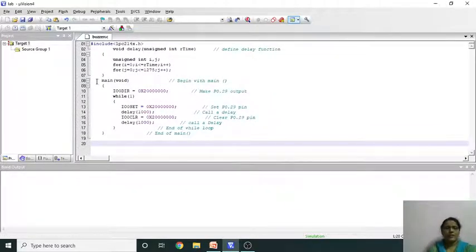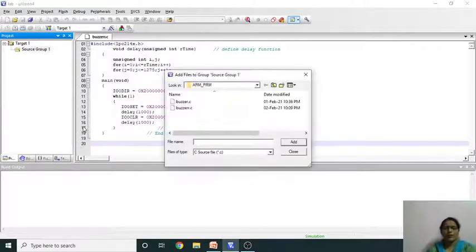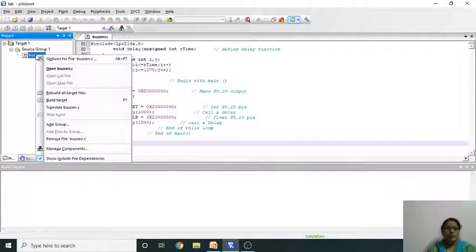Once it is saved, add this to the source group. To do this, right click on the source group, then Add Files to Source Group, then select the file, then add it. So now the file is added. Now compile this one. To compile, press F7 or Build Target.